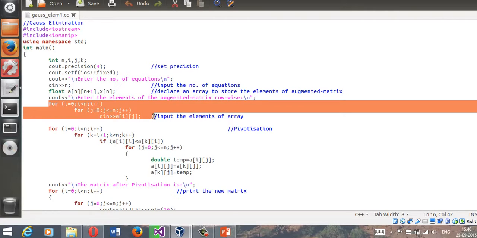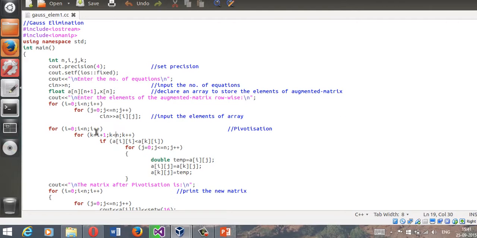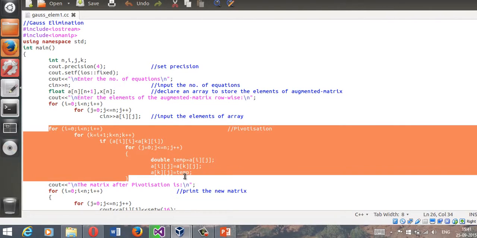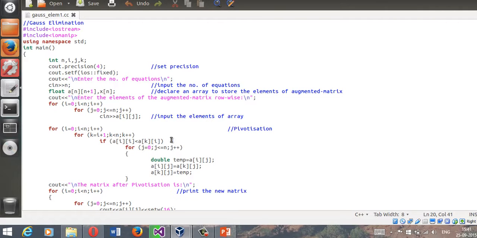It's pretty basic, because if you don't understand this then you will need to go over some basics for array inputs and outputs. And anyways, so over to pivotization. Now how to perform pivotization. Now pivotization is pretty easy, and keep in mind that what we are going to study is partial pivotization, not